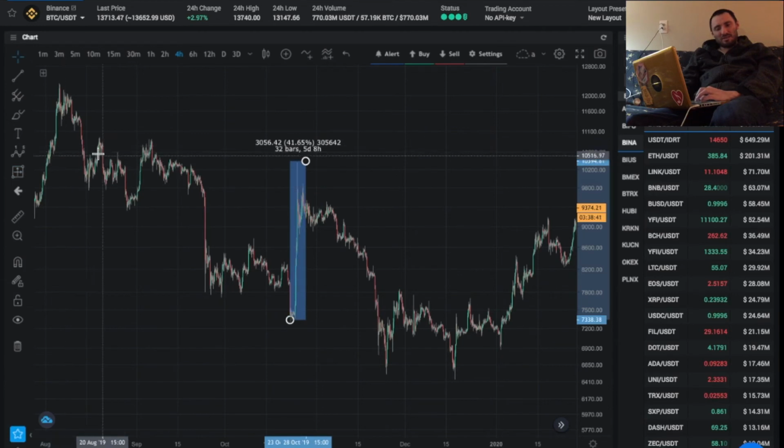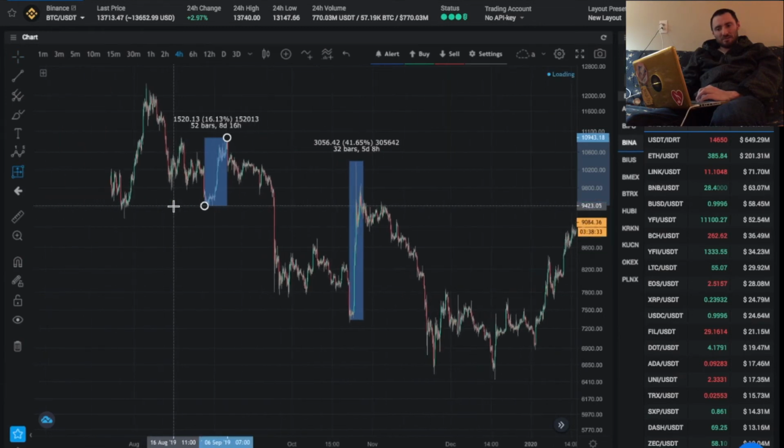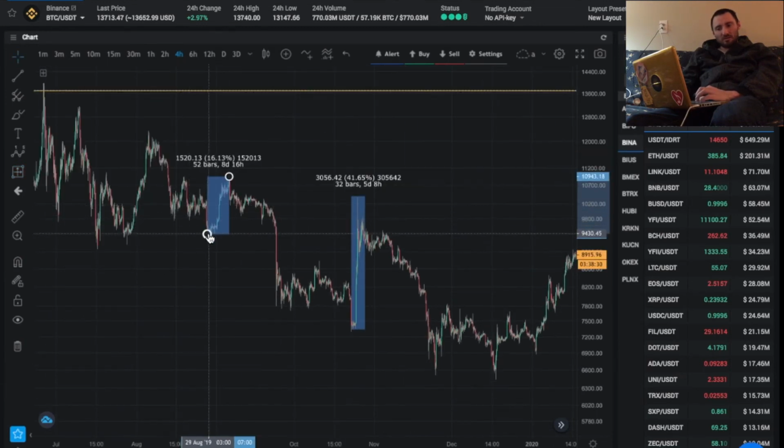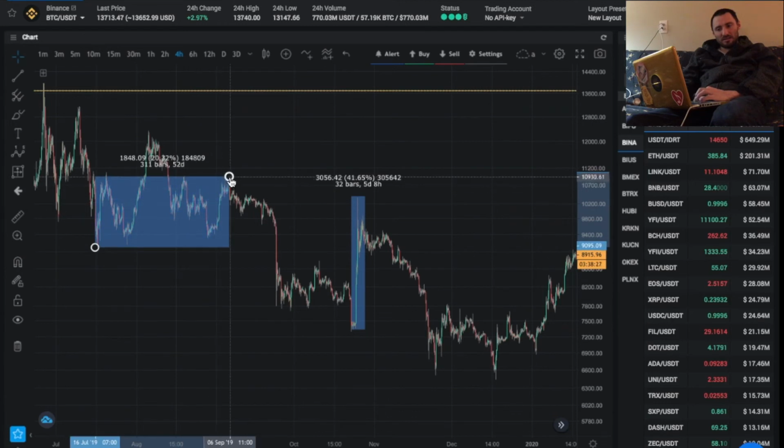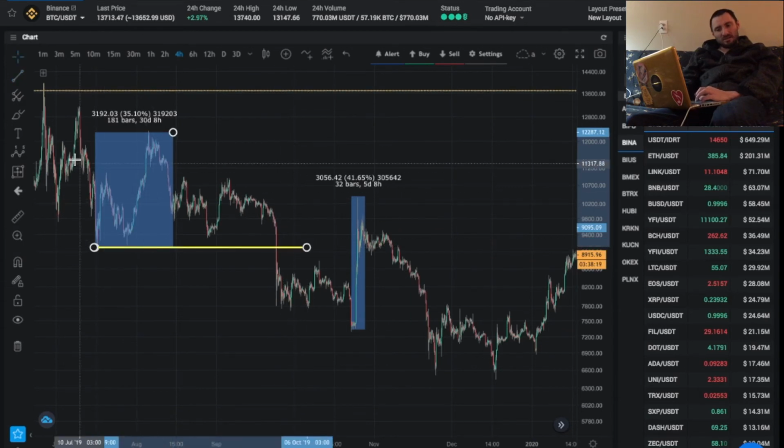Look, that's a 40% bounce. Let's say this one right here. 16%. Now, here's the real base right here. See this? I mean, look at that. 35%. Draw a base under this. And now,